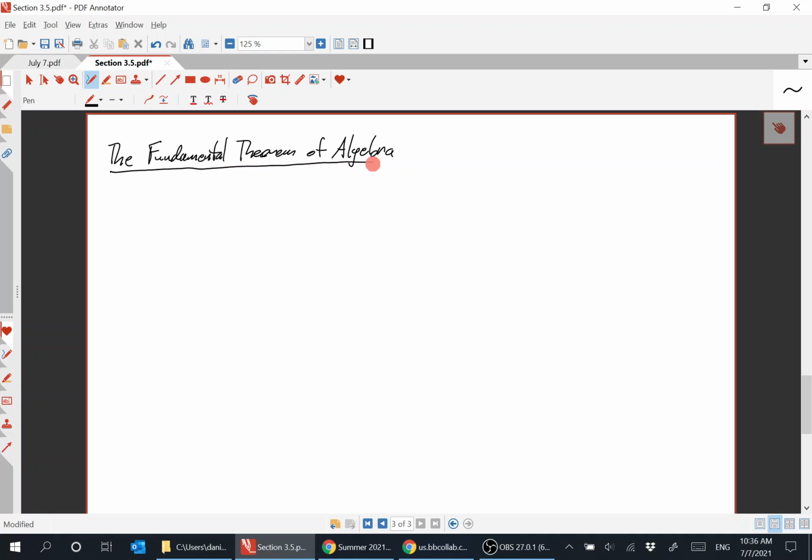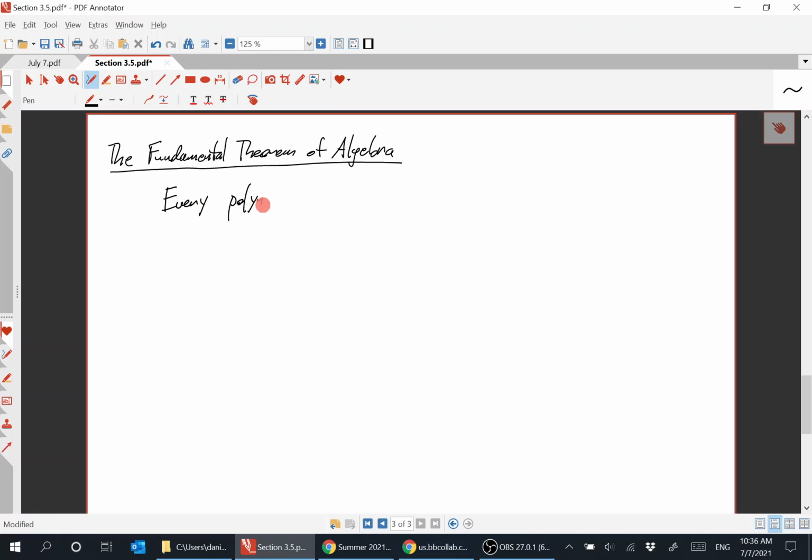So proving the fundamental theorem of algebra is like first year in graduate school in mathematics. There's a couple different ways you can get to the proof of the fundamental theorem of algebra. There's an algebraic proof, and there's a proof that uses calculus. But the basic idea of the fundamental theorem of algebra is that every